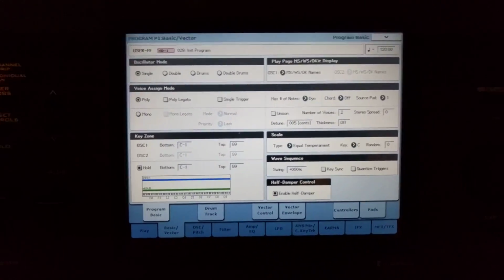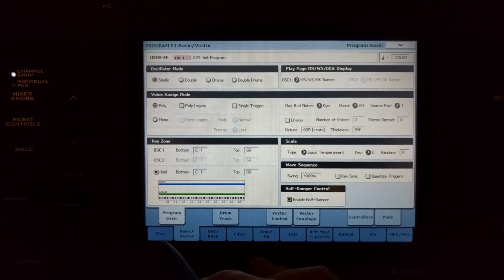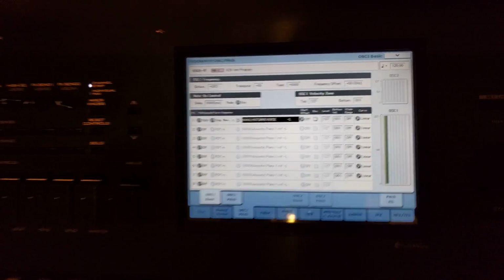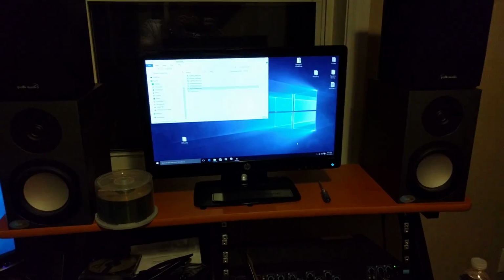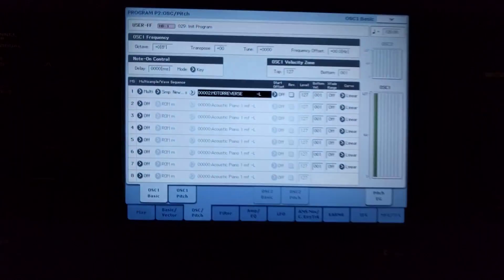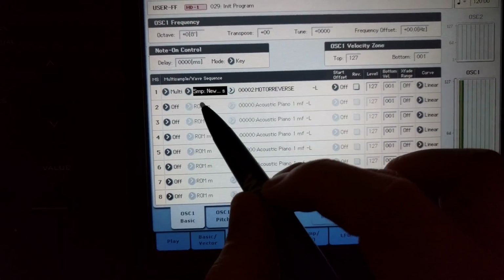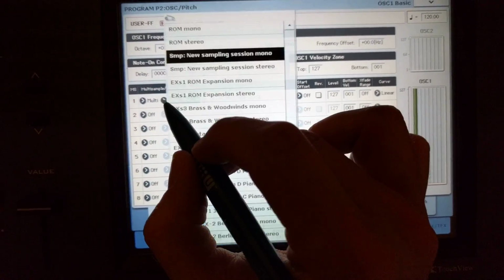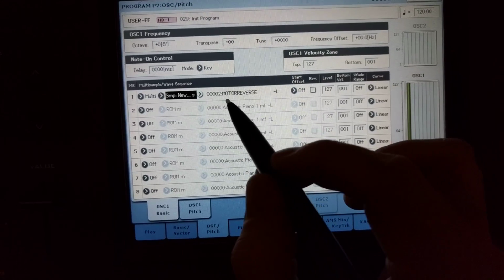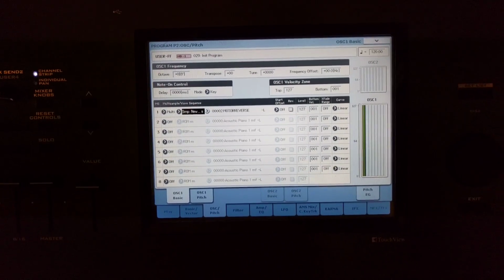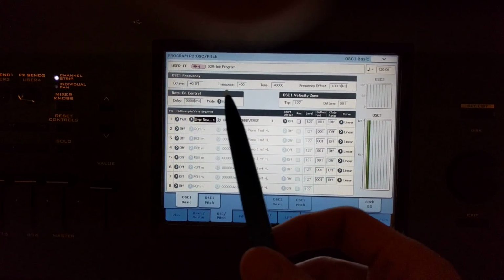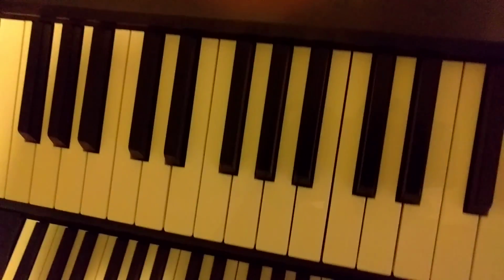Now, something that's interesting to note is when I chose my sample, I chose the left one, but funny enough, I don't know if this records in stereo, it actually plays back in stereo. Because it's a stereo sample, I'm pretty sure if I were to choose session mono, then I'd have to add the right channel, but because it's stereo, it's automatically playing in stereo as well. So we've assigned the sample to the program, and we've assigned it to a key